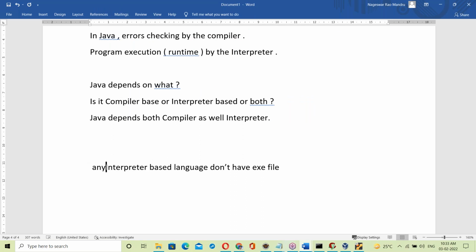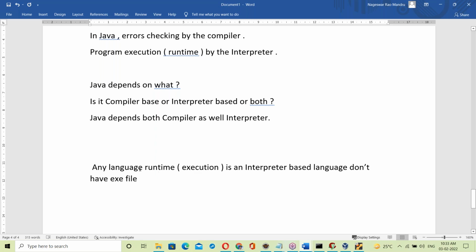Any language's runtime is interpreter based. Runtime is program execution, program running.